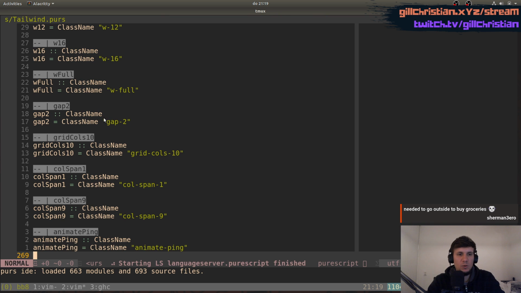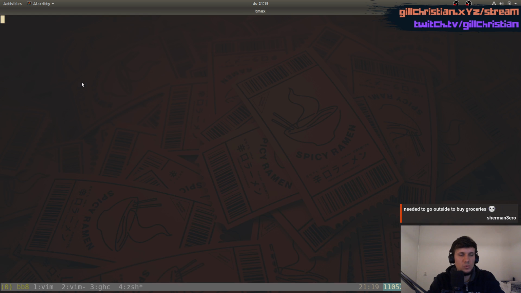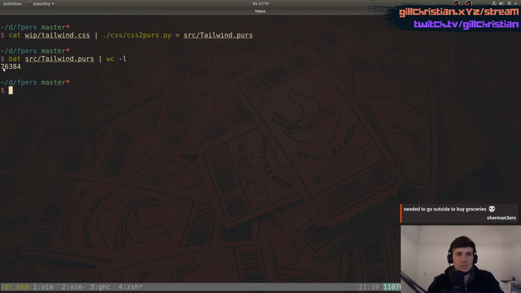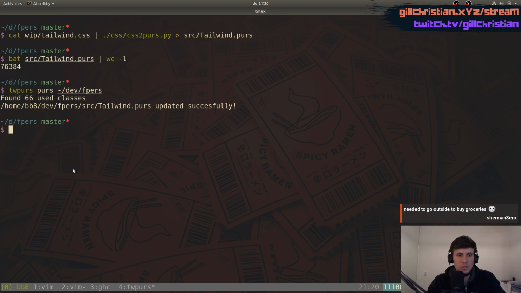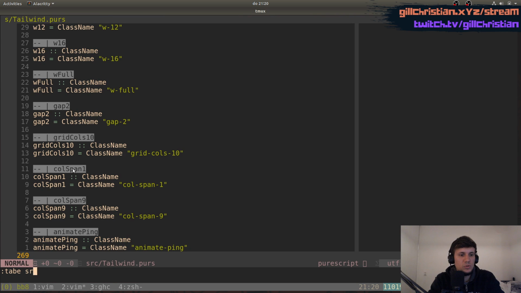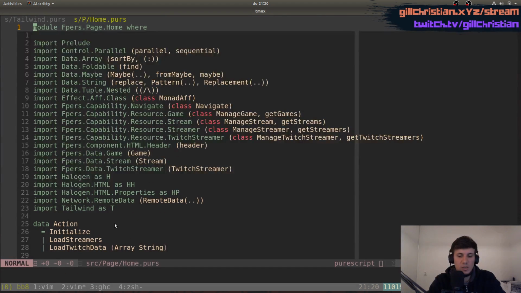This generates a file with all the classes. The problem is that these files end up being very big. So if we generate the file again with this Python script, this one, then we do the word count. You see it has 76,000 lines. So in the previous stream, we wrote a CLI to basically check only the ones that are being used. How do we know they are used? Because they are